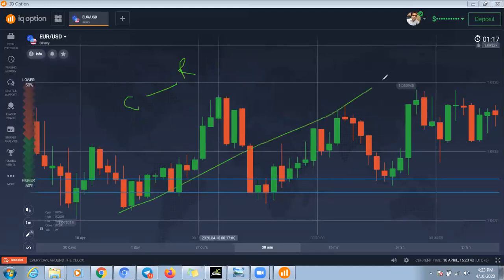If you find it here, it is a reversal pattern, because if you find too many wicks above the candle, this is the sign that the price can be rejected from this level. So if you find this, there is a reversal. If you find it in the middle of the trend, then continuation. If you find it here, it's a reversal sign because the price is changing direction. So I think you understand.